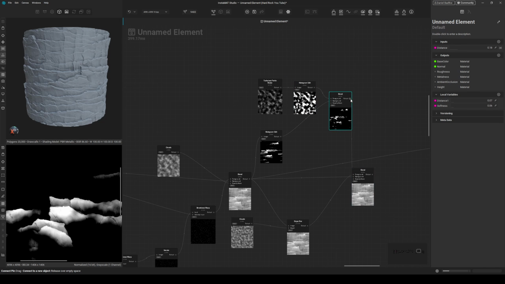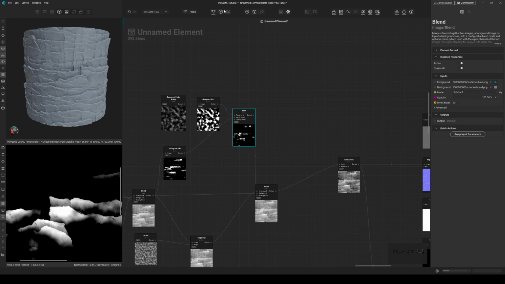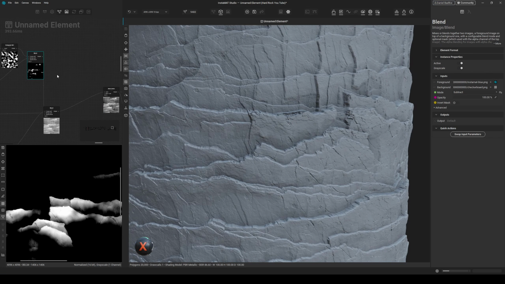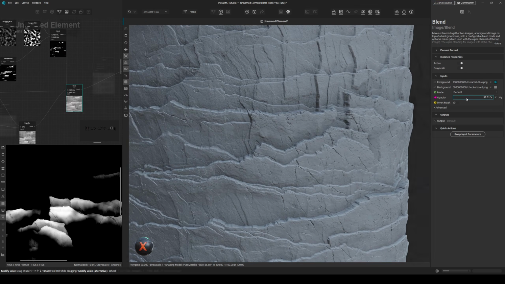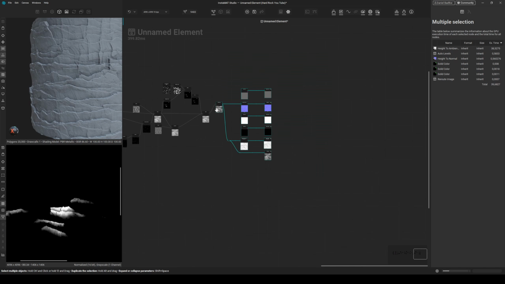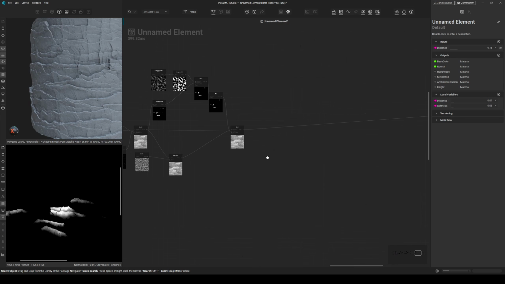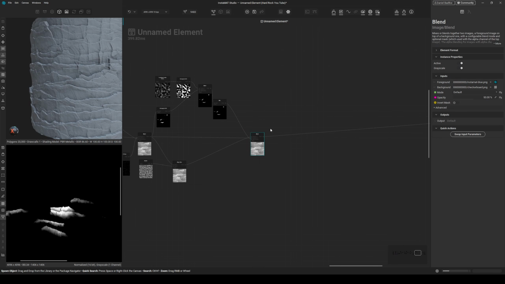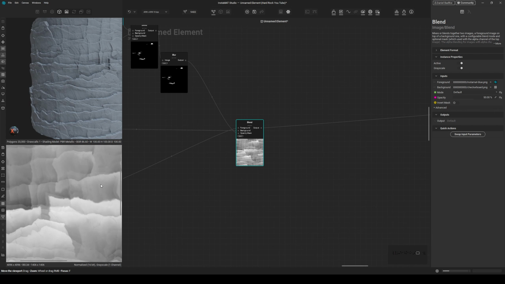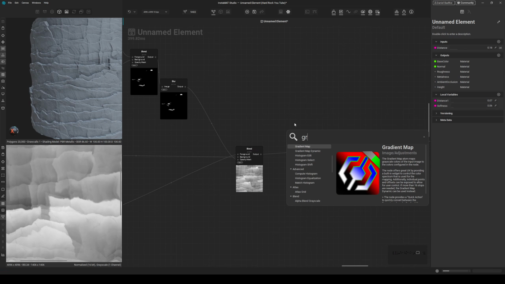Let's see how that looks. Okay, so let's apply some color now. And for the color, I like to create a nice, not height map, but a nice grayscale map, because we're going to use the gradient map dynamic nodes and gradient map. So when I do this on only this,